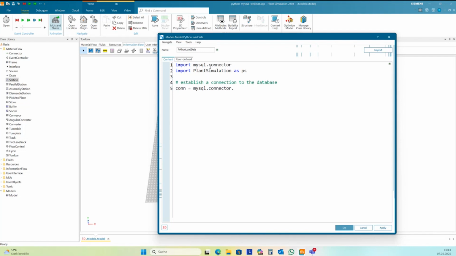And you can use the method connect to connect with a database, and so we need some information.